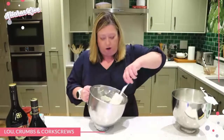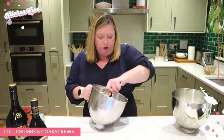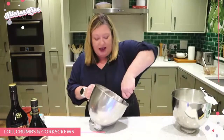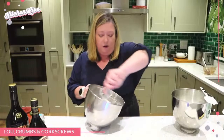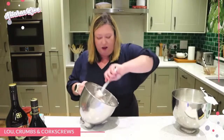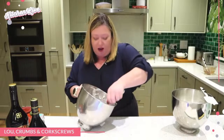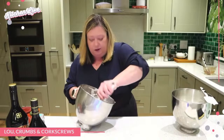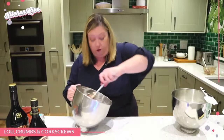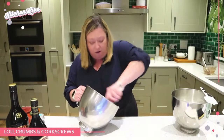So this is our chocolate and our cream, and I'm just going to fold it together. We're going to talk folding when we do the eggs, but the best way of folding, this doesn't have to be with a spoon at this point, is a figure of 8. So round the bowl and come in, round the bowl and come in, and it just helps. Don't sit there mixing it through, just fold it in until it's not streaky. We don't want to deflate our cream here. The cream won't deflate as much as our eggs will,